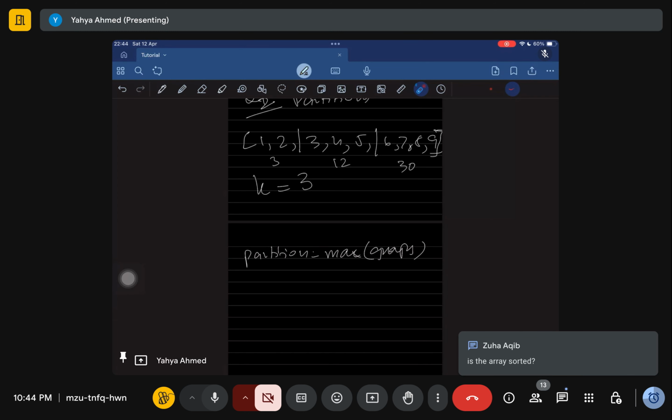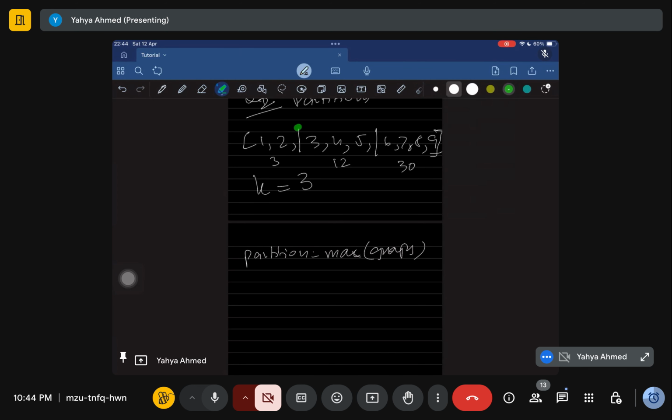Is the array sorted? Zoha, no. I made that for simplicity. That's a good question. The array is not sorted. It can be unsorted. This is just, I made it for simplicity because it's obvious that this array,